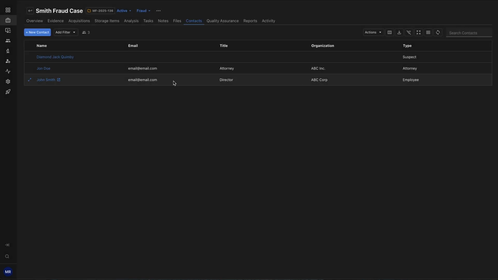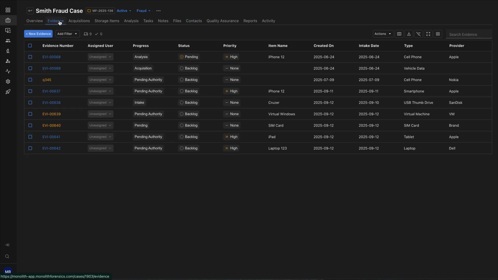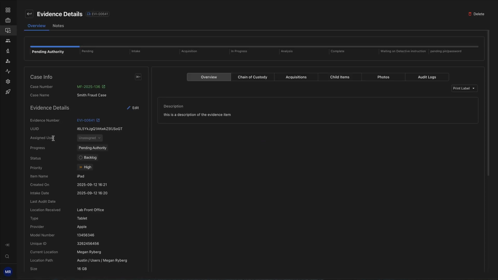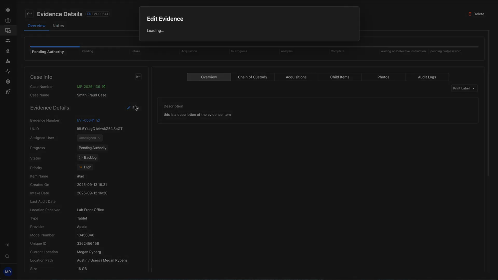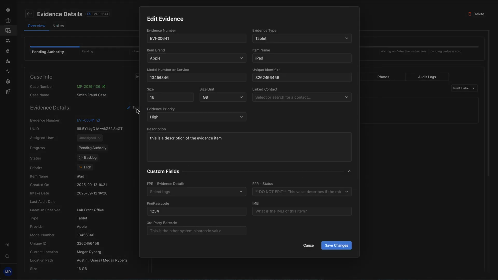You can see it's now been added to my list here. And if I come over into evidence, for example, and let's say I want to click into this evidence item, click Edit. So now that we have that contact created, we can link the contact to a particular evidence item inside of our case. So in this evidence item, for example, I'm going to go ahead and select the contact we just created,